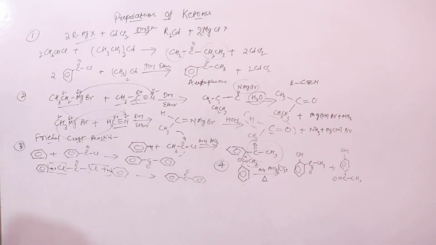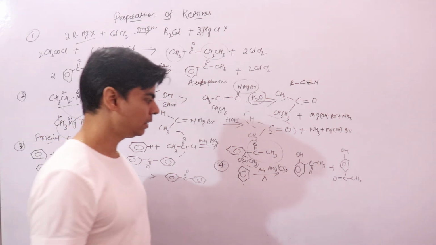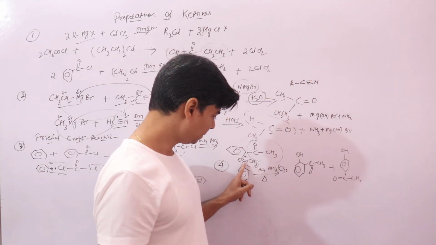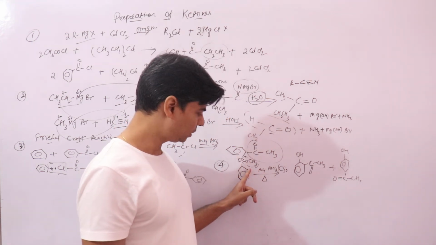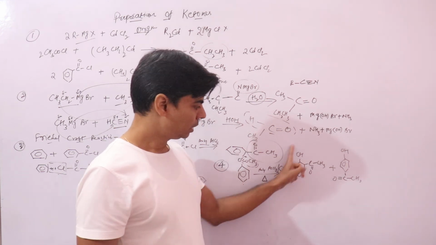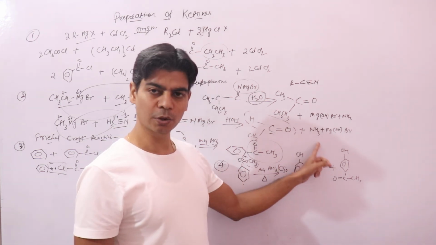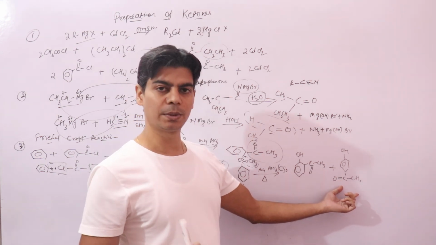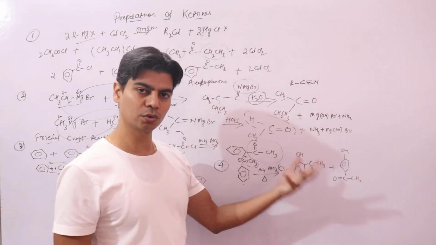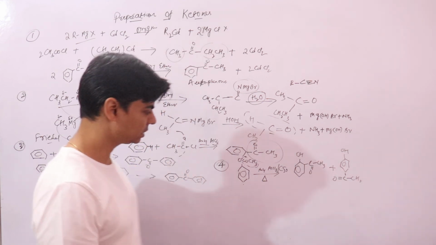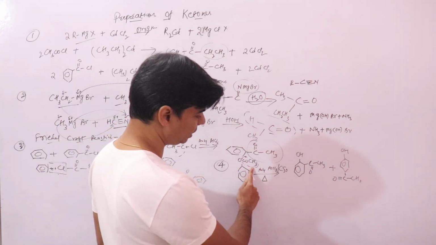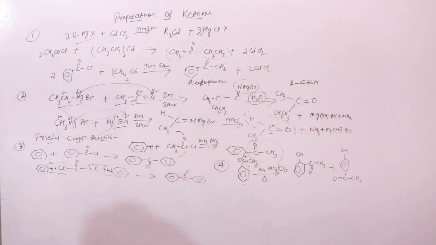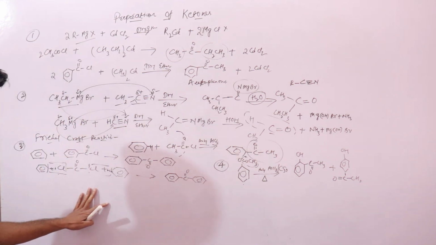right? And one important thing in this reaction is, if you want the major product to be the ortho product, this CH3CO group will migrate to ortho and para positions, right? Now this ortho product will be obtained at higher temperature, whereas this para product would be obtained at lower temperature. Right? So if you want the ortho product, you need to maintain high temperature, and this reaction takes place in the presence of anhydrous aluminium chloride in carbon disulfide solvent. Right? So I hope this is clear.